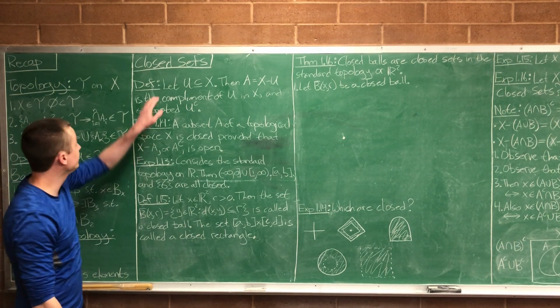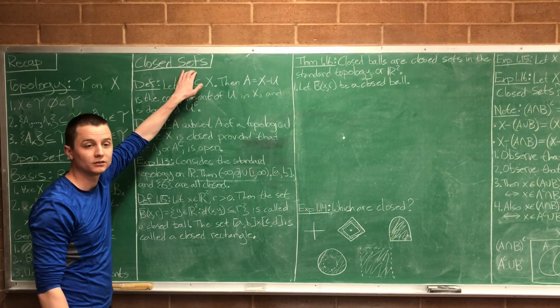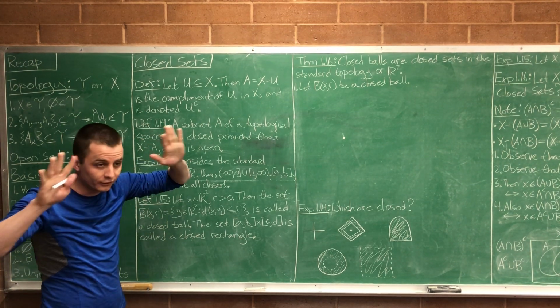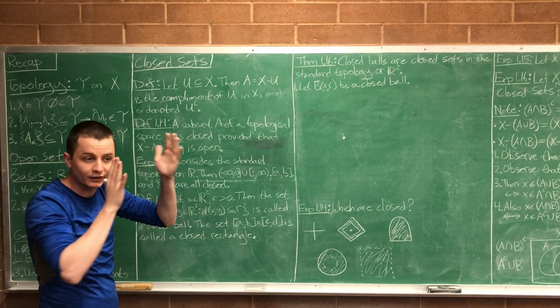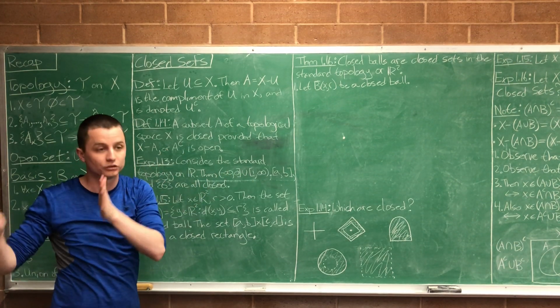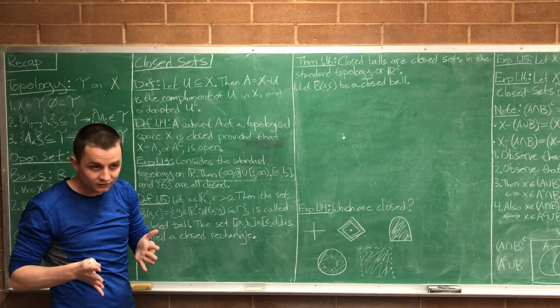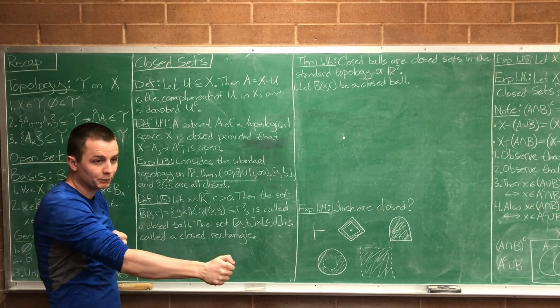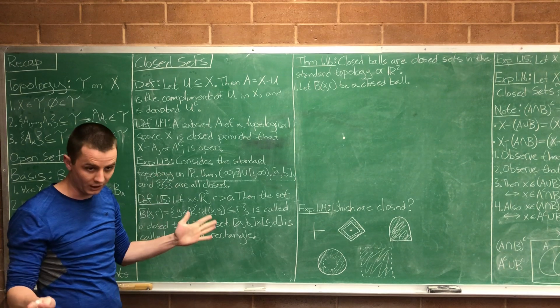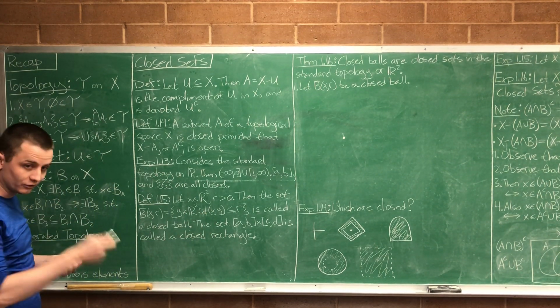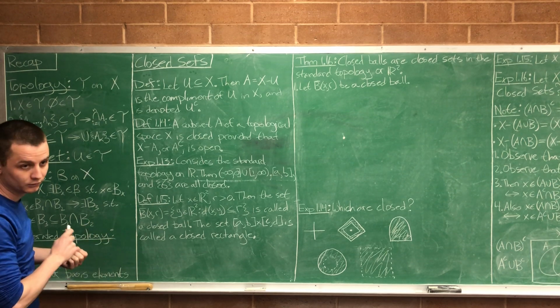Section 1.3, we're now going to be talking about closed sets. Now, keep in mind, these are just names. Just because a set is open doesn't mean it can't be closed. Just because it's closed doesn't mean it can't be open. They're not opposites. Having one property doesn't mean you can't have the other. They're just names. And we'll show exactly how they're related here. But just because a set is closed does not mean it's not open. It's not like a door.